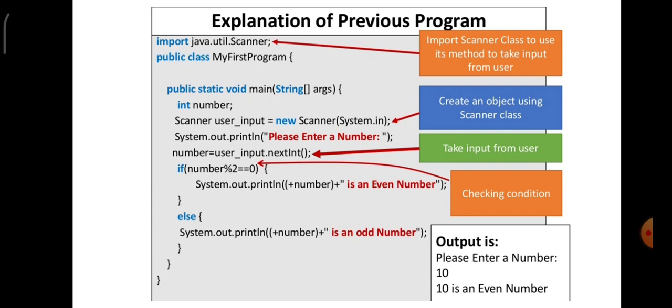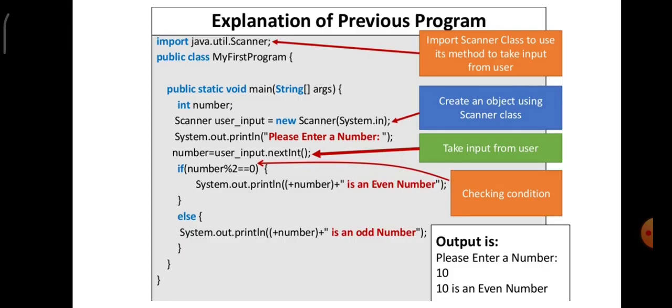java.util.Scanner. My first program is invoked. Then we are calling the main method, int number. Now only the box is there. Since you have not initialized any value, it is left blank because you are going to give the number during the runtime. As you are quite aware, Scanner user_input equals new Scanner(System.in), which will facilitate collecting the number from the user during the runtime, and it is going to store it in the variable called number. Now please enter a number is prompted to the user.